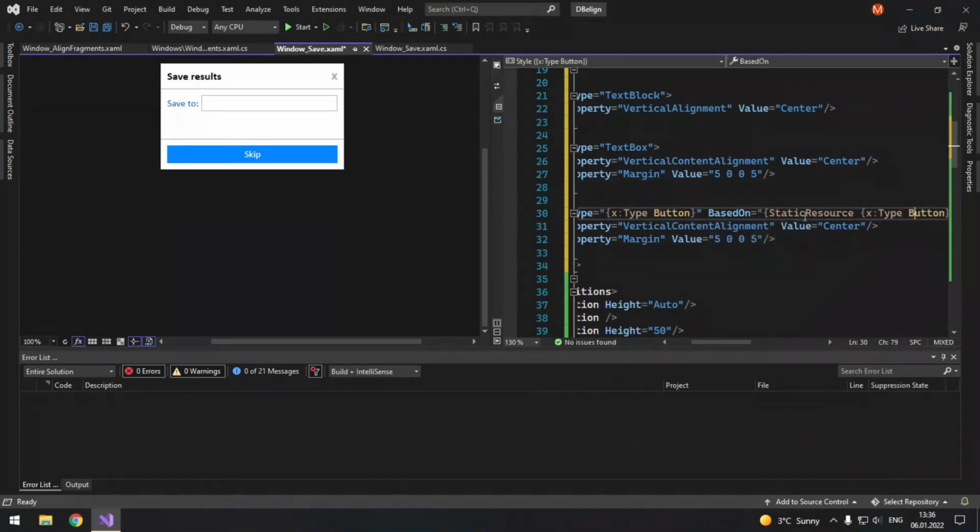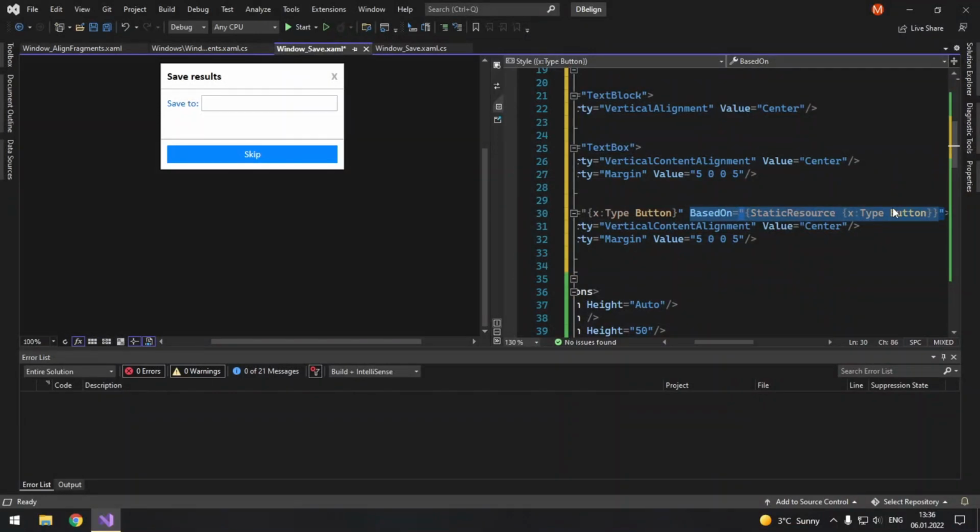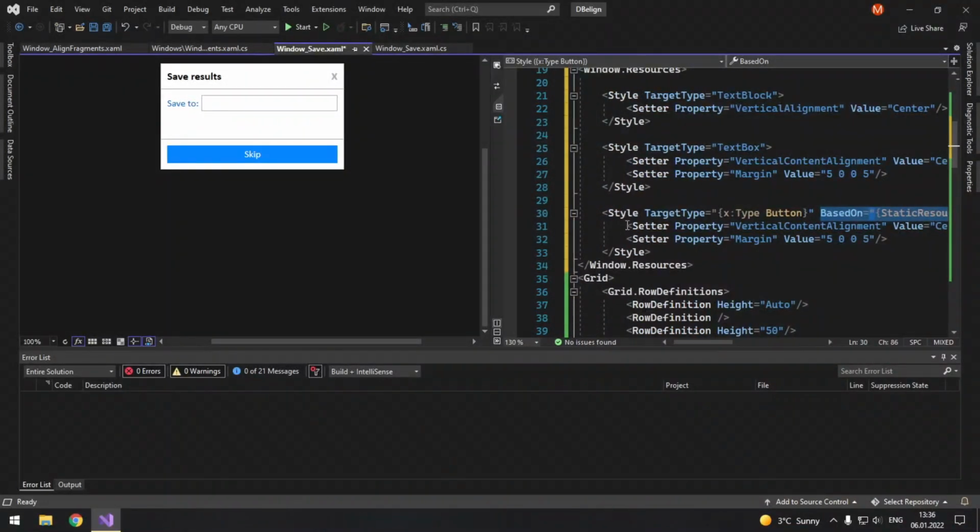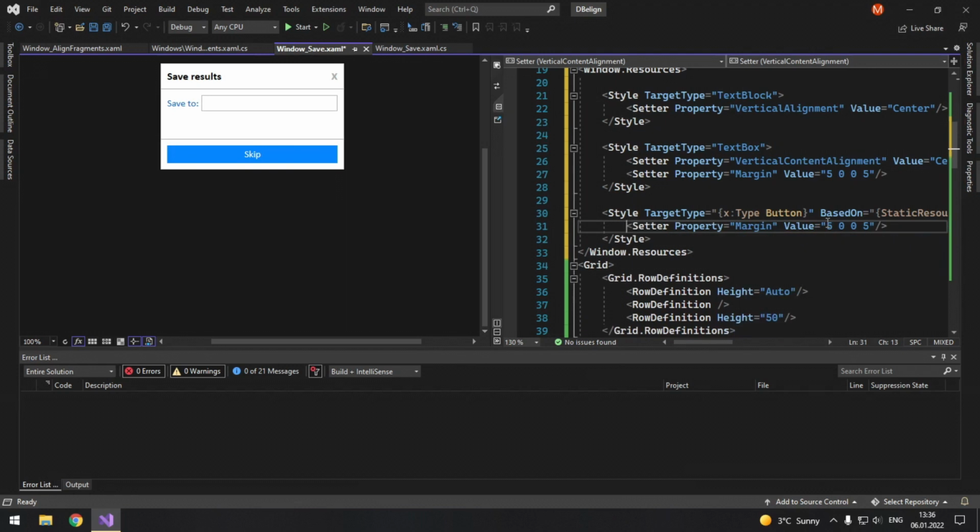And also note that, as far as I know, it does not work like this in UWP. So I just want to change the margin here, and it will be 2 on all sides. It does not affect this button because this uses the style called blue button, but we will have another button to cancel the saving process.